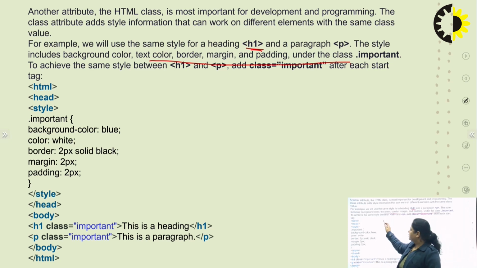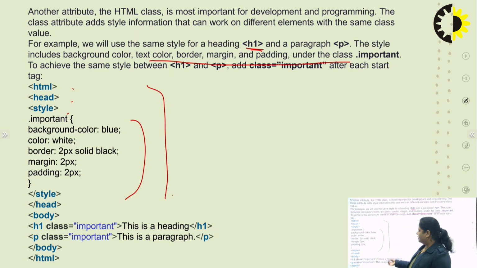Next, this is a small example of HTML coding. First of all, we need to write this HTML tag. Next is head, next is style, and whatever important part is needed to make any web page attractive. This is background color, color is white, background solid black, margin 2px, padding. So these are some examples of an HTML page that is used to create any web page. Next is